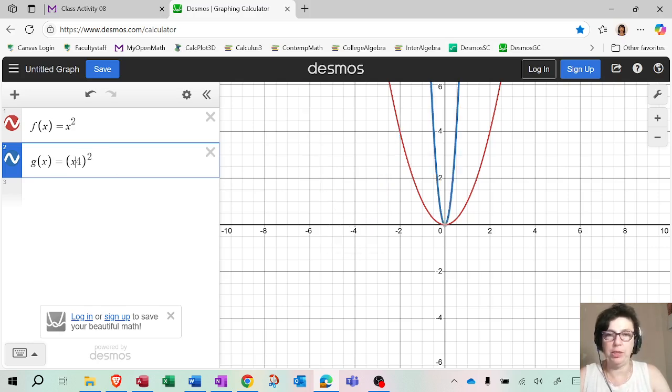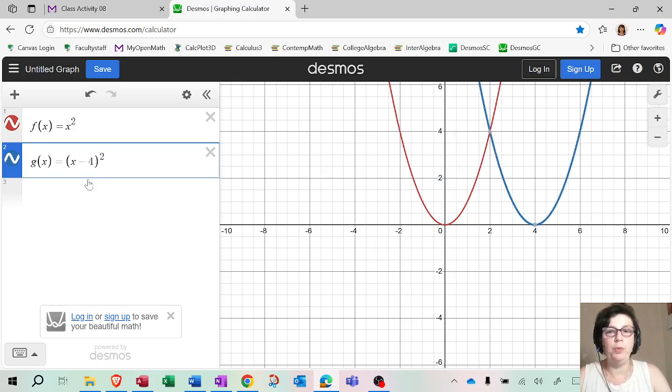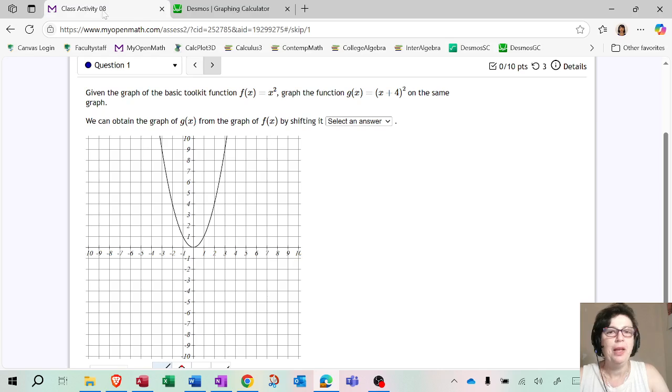And vice versa. For example, if this was like minus 4, what would that mean? It would mean that the graph is shifted 4 units to the right. So just remember that it's the opposite, okay? So here we're going to say that the graph needs to shift 4 units to the left, even though it looks like plus 4 and you think it's to the right, but no, it's the opposite.